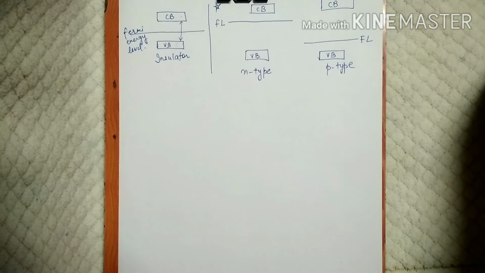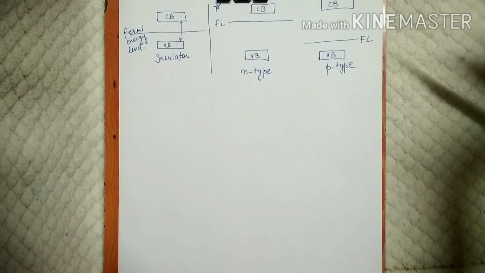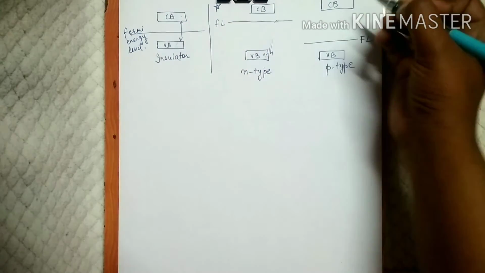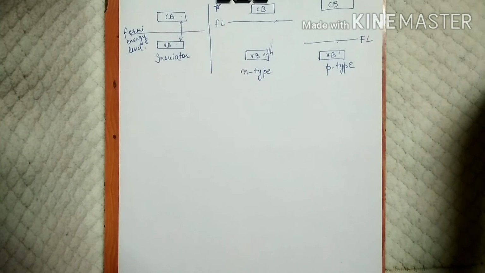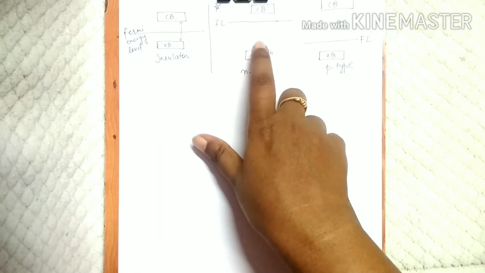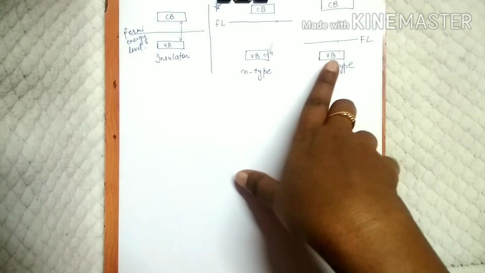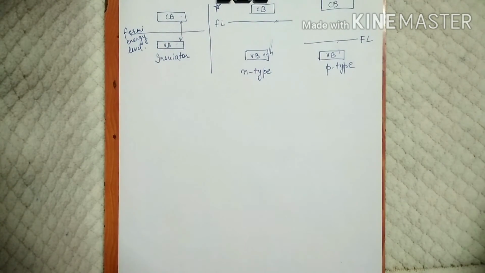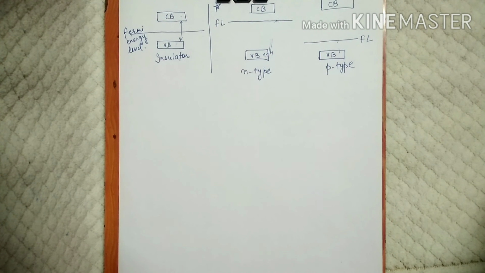Fermi energy levels are nothing but the hypothetical energy levels where there is maximum probability of movement of your electrons. That is, the electrons from the valence band are going to shift to this Fermi energy level. So in case of n-type semiconductor, Fermi energy level is near to conduction band, and in p-type it is near to valence band. So this was all about your band theory of solids.